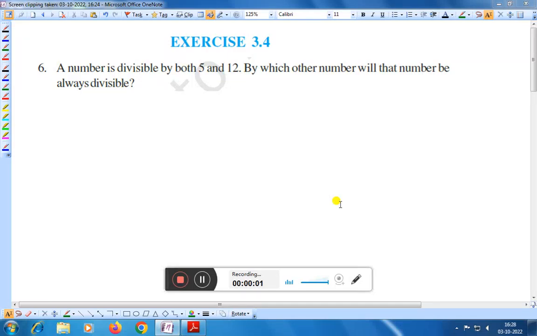Hello friends, today we shall discuss exercise 3.4 question number 6. A number is divisible by both 5 and 12. By which number will that number be always divisible? In the divisibility rule, we found that if a number is divisible